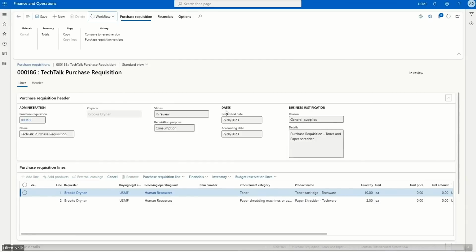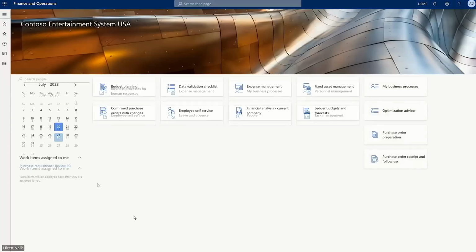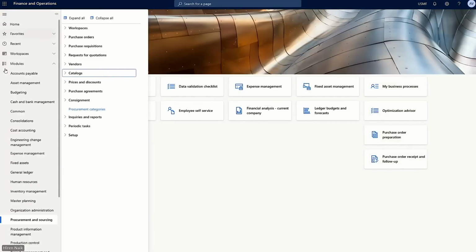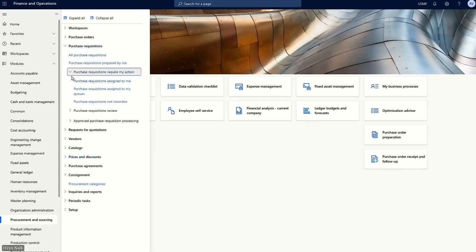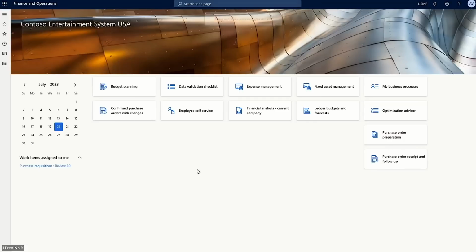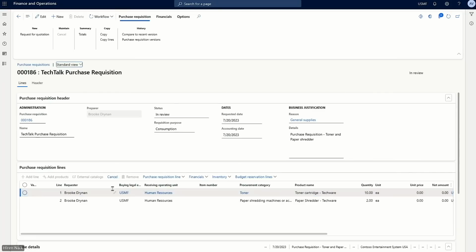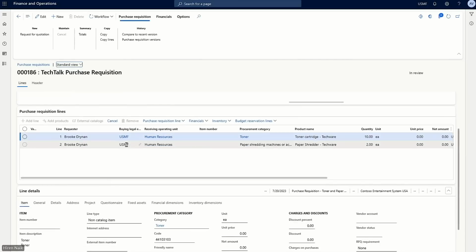So now, let's take the role of the purchasing agent, Alicia. Here I will go to my procurement and sourcing. I will go to my purchase requisition assigned to me. And you can see that we have our purchase requisition 186. So I will go into the detail because I need to fill some information. I can see the legal entity and the quantity, and now I have to update the price